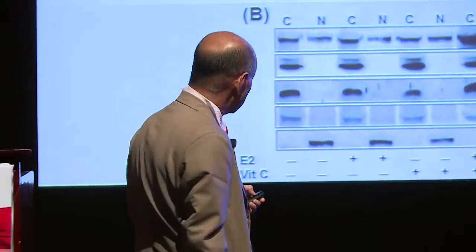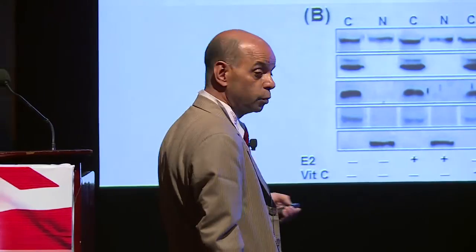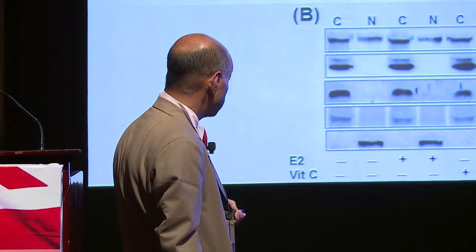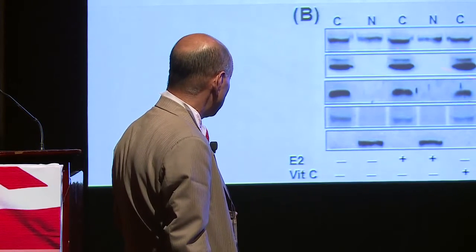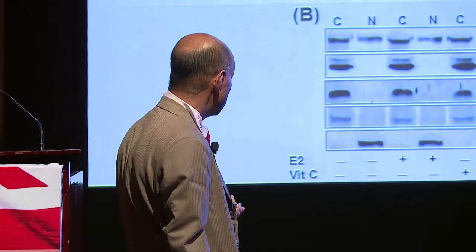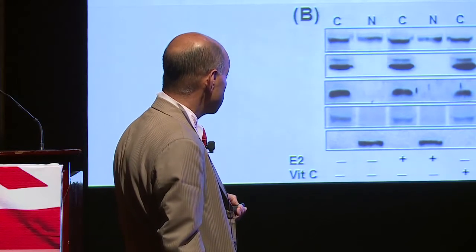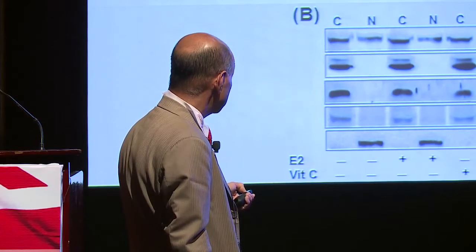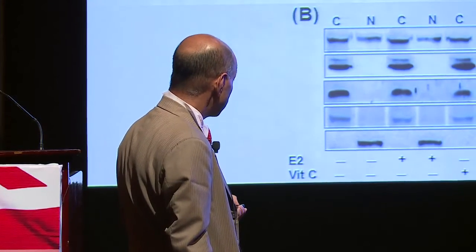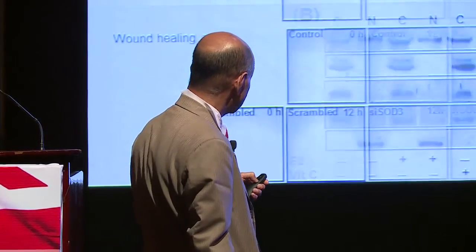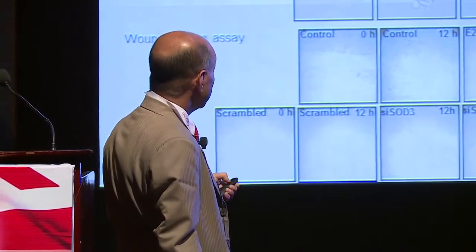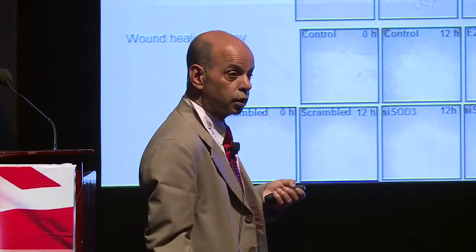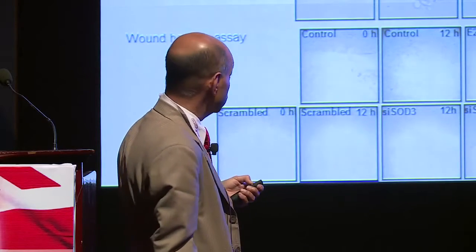So we have shown for the first time that superoxide dismutase 3 gets translocated to the nucleus. Here you can see we compare superoxide dismutase 1, 2 and 3. Among all these superoxide dismutases, only superoxide dismutase 3 gets translocated to the nucleus, and this histology slide shows increased expression of SOD3, but SOD1 and 2 don't translocate to the nucleus. And also, the point of presenting this slide is that SOD3 seems to protect the cells against carcinogenic insult.